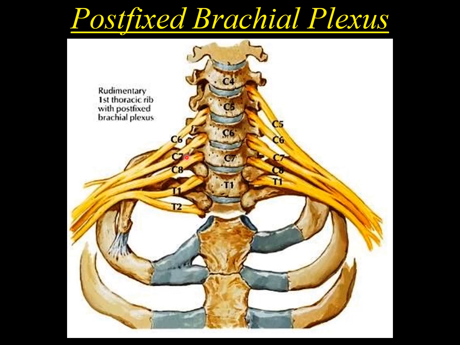In more than 95% of people, the brachial plexus arises from C5, C6, C7, C8 and T1. But in some people, because of the abnormal attachment of the rib higher up to the 7th cervical, the root shifts down, and now the roots are not starting from C5 but starting from C6, and not ending at T1 but ending at T2.